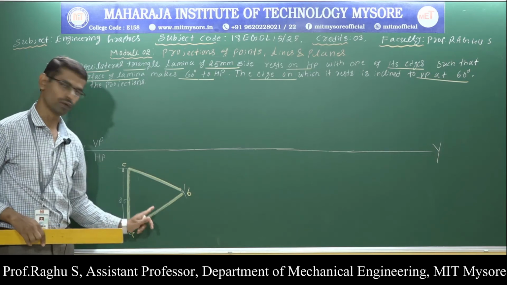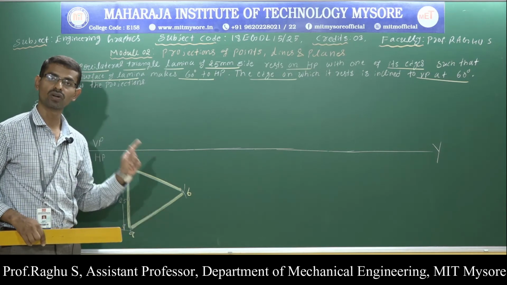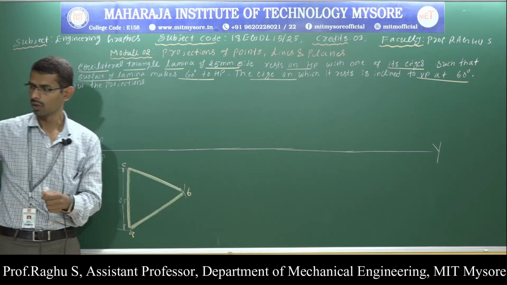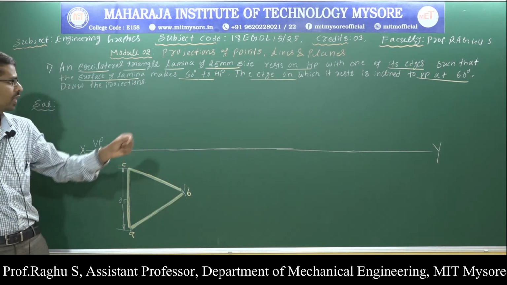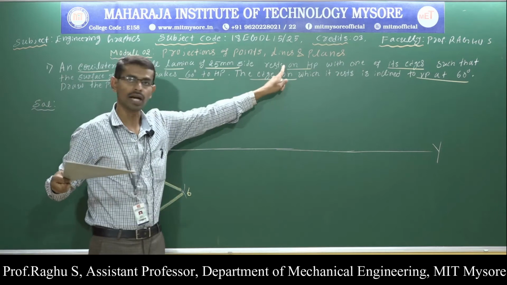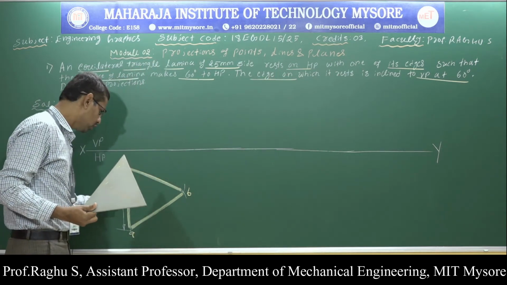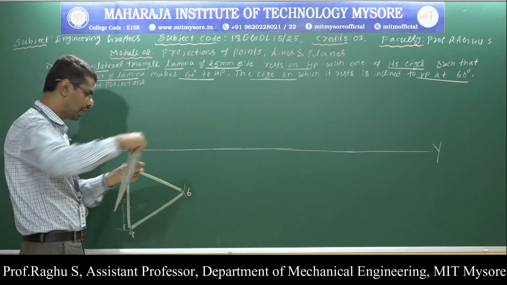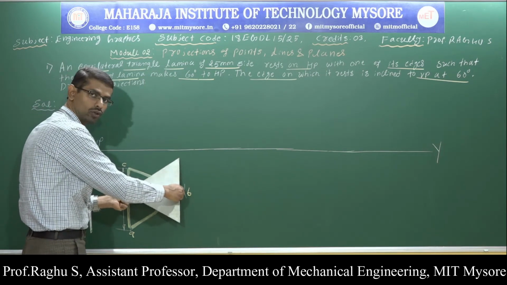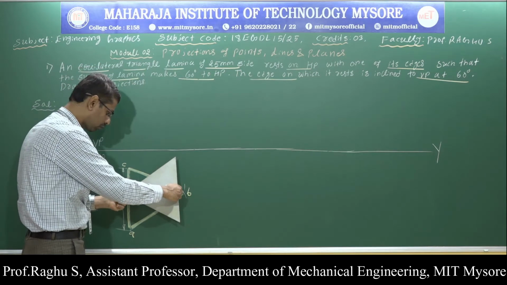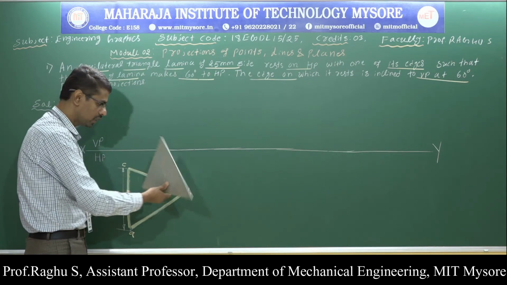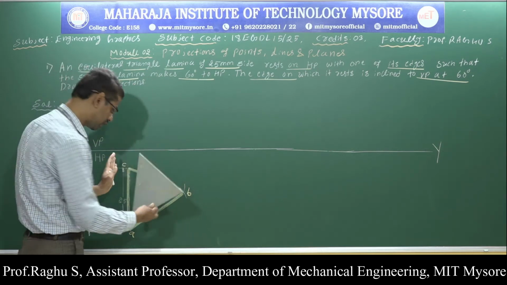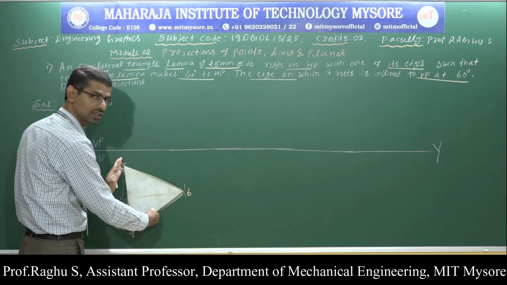See, in order to draw the first position, I need only a single piece of data: edge resting condition or corner resting condition. In the problem, if they mention the lamina resting on edge, take the edge towards your left side. If the lamina resting on corner, take the corner towards your left side. Then you have to construct the lamina like this. But in the problem, they have mentioned that the lamina rests on HP with one of its sides. Therefore, you should construct the lamina like this.